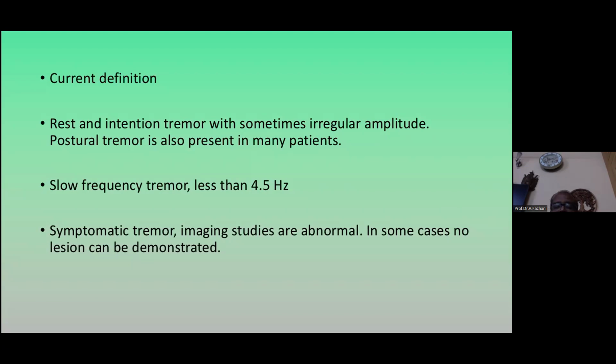As I told, there are times the lesions are outside and you still get the Holmes tremor. In some cases, no lesion can be demonstrated. That is the importance of image negative patients where you get this. So the description of the tremor is very important. Whenever you see the patient, you describe whether it's a resting tremor or action tremor, what is the amplitude and frequency of the tremor, whether it is postural or whether it's active. All those descriptions give a clue. Then you go to the diagnostic possibilities. Then your localization is very perfect.